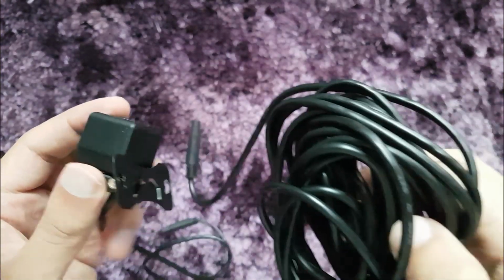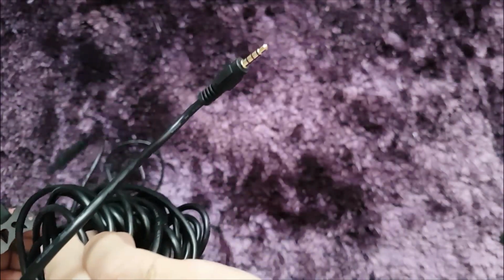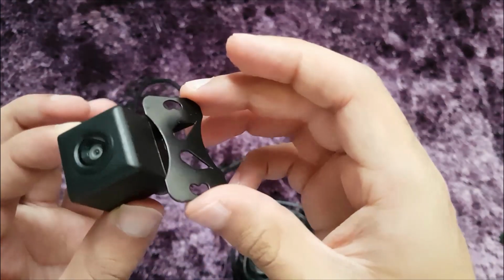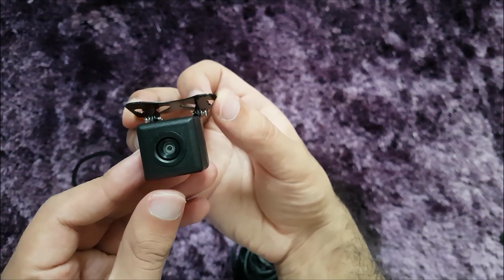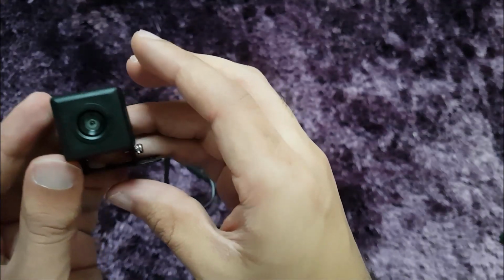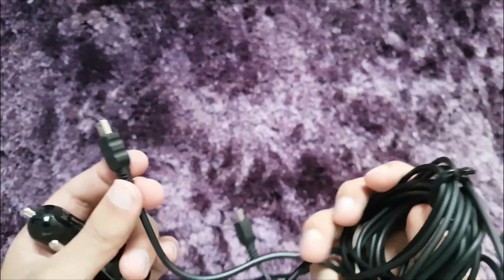This here, as you can see, is the rear camera with a very long cable, which should enable you to connect it to the back of your car with a 3.5mm jack there. And here's the camera itself. You just have to tighten the screws and attach it how you want. The camera has to be like this for it to work, so it has to be upside down. Basically this has to be at the top, otherwise the picture will be upside down if you do it this way around. You can also find the cable to plug into your 12-volt socket,